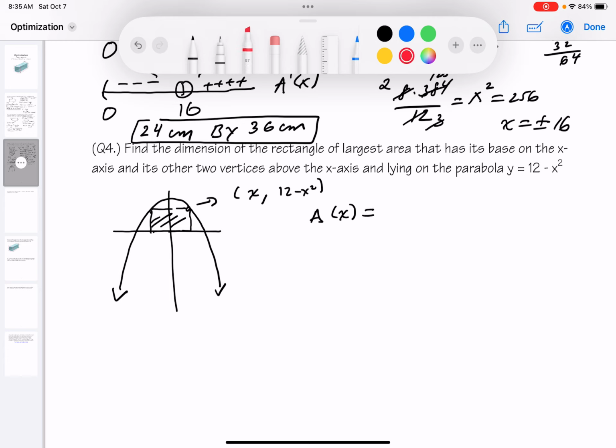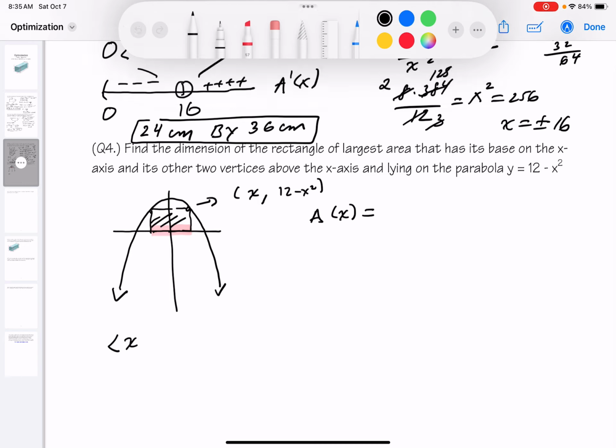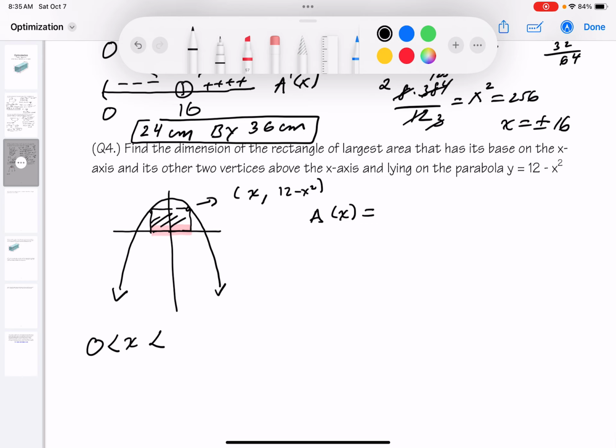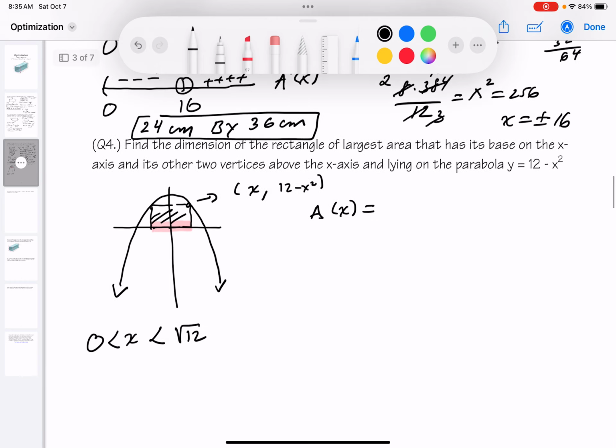And I want to emphasize to you it's going to be the base. Before I say anything, though, I'm going to point out x will be greater than 0 and x must be less than the root of 12. And why is that? The point over here is going to be root 12. All right? So I know what my x is between 0 and root 12. So what I'm going to do now is